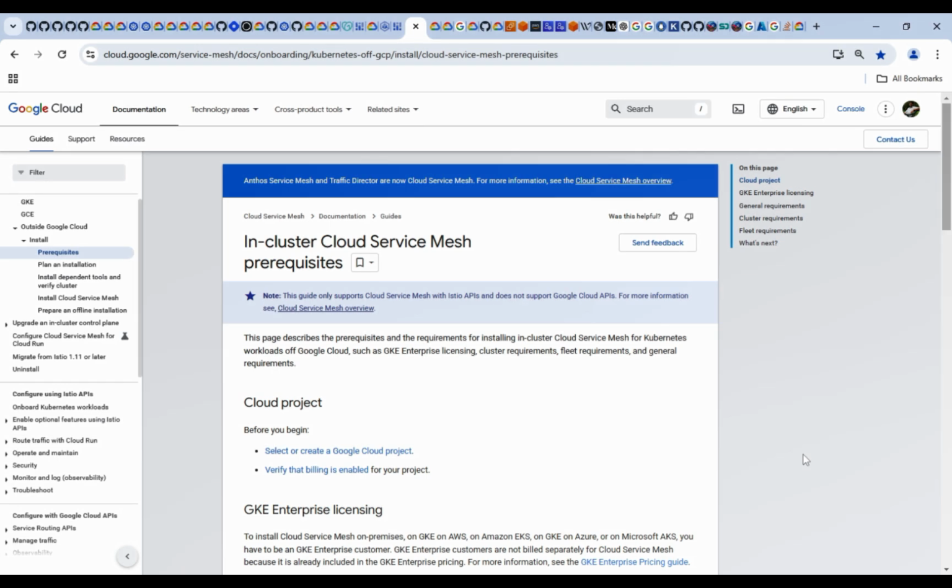Hi folks, welcome back. In the previous video, we talked about how to set up the in-cluster Cloud Service Mesh in GKE on Azure. In this particular video, let's focus on how to set up the in-cluster Cloud Service Mesh for GKE on Amazon. We have already discussed the prerequisites and what steps are involved in the plan